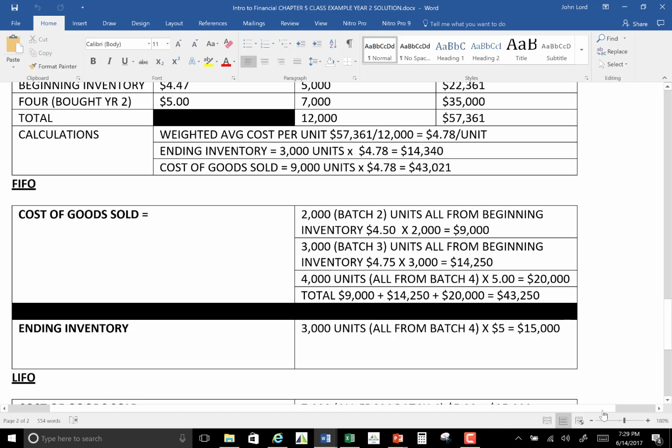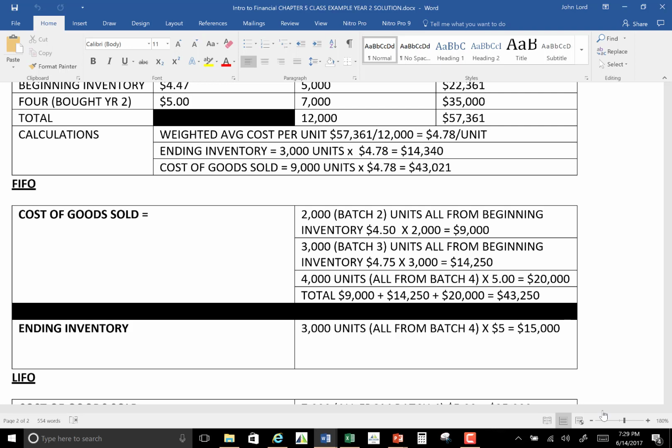And I have my cost of goods sold. And I sold how many units here? 9,000? I sold 9,000 units? Okay, well, there's no more of those batch 1 ones. I sold them all last year, didn't I? So all 4,000 of those are gone? Okay, so I now start going to batch 2 from year 1, and I sell all of those at $450 times the 2,000 gives me